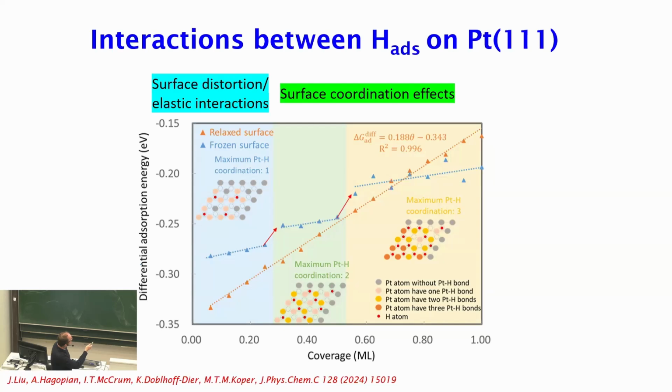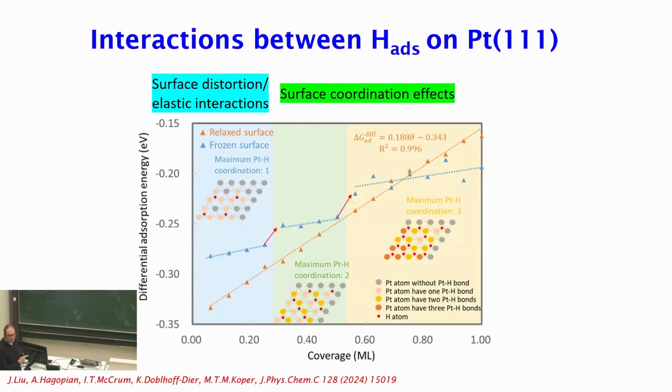So here, the hydrogen always shares only one platinum atom. Here they start sharing more platinum atoms, and that leads to this jump. So from this, we can already see there are two main reasons for the repulsion. One is the elastic distortion of the lattice, and the other is that as you increase the coverage, you start sharing platinum atoms, and that also leads to an additional